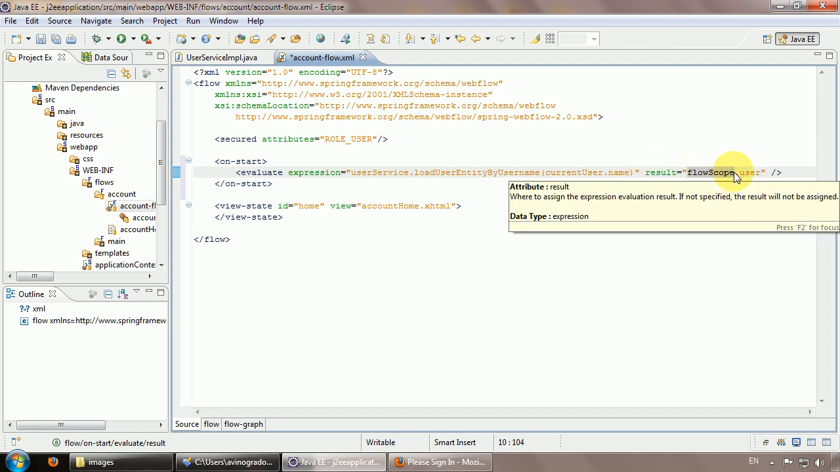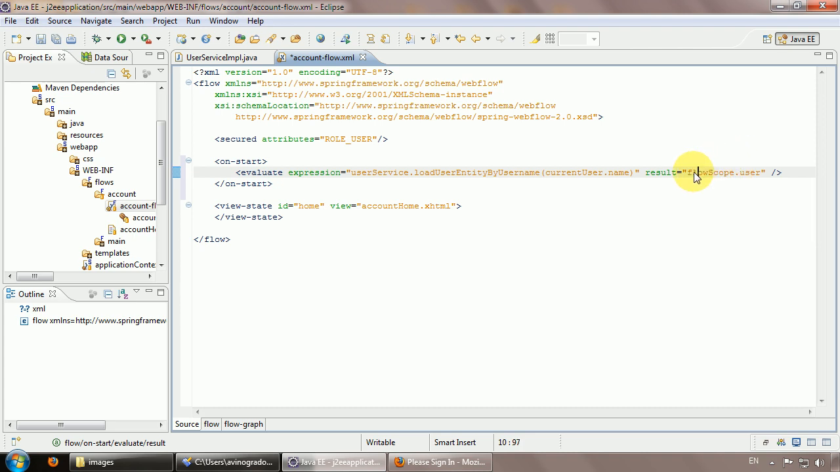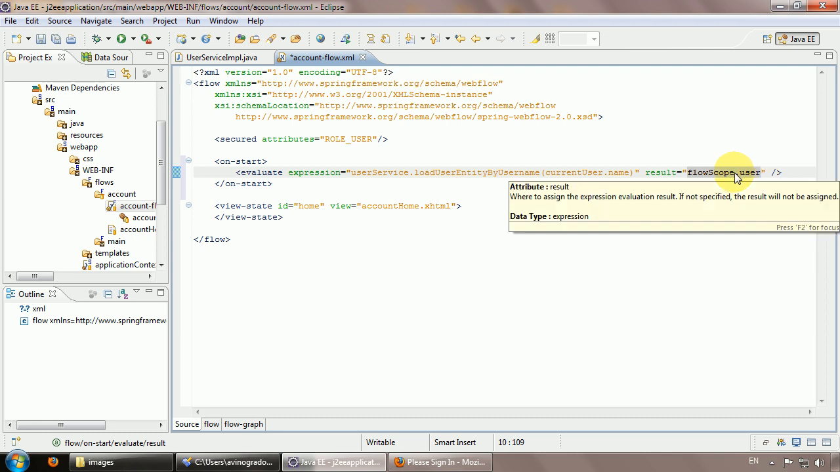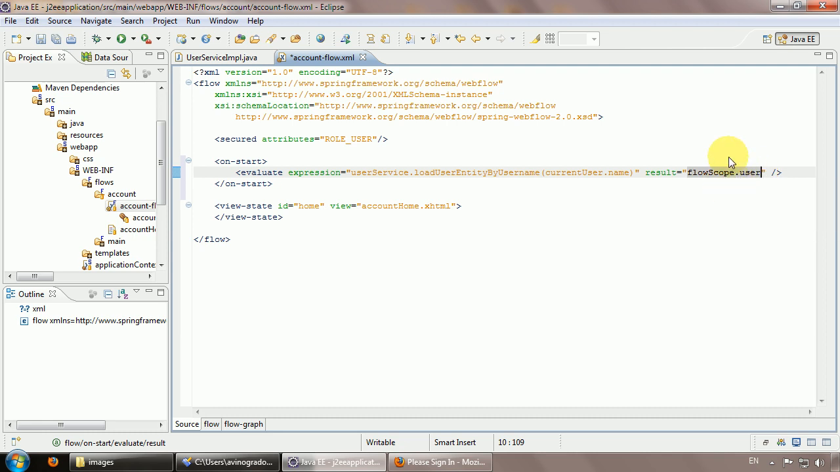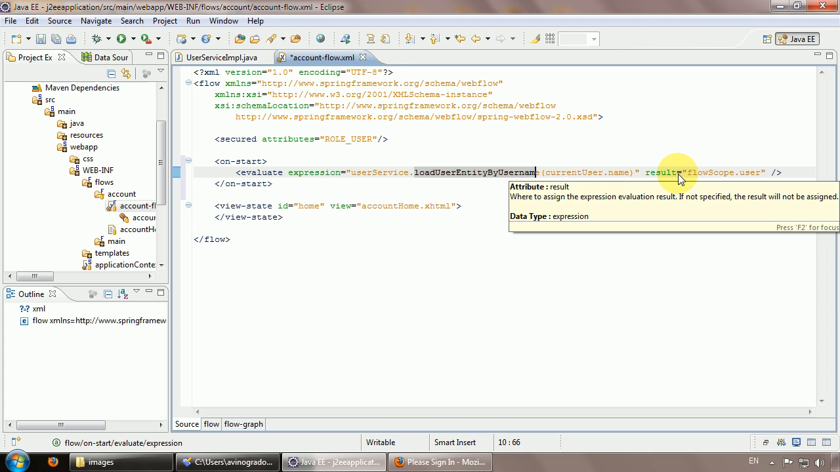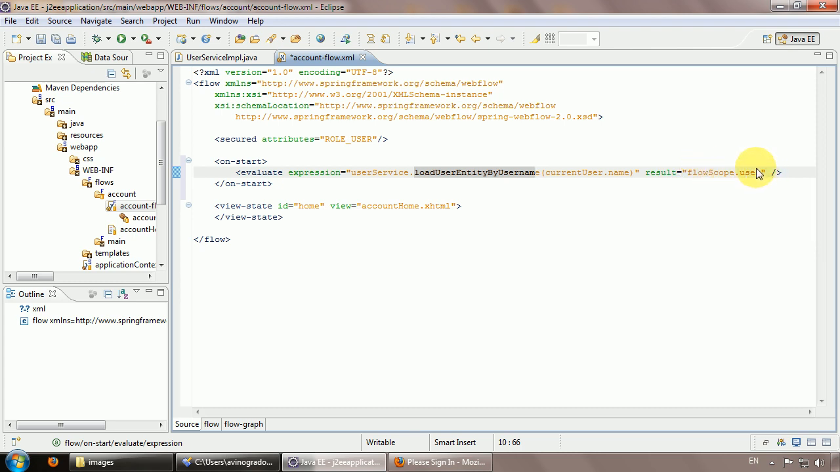And what this means, flow scope, it could be also view scope or request scopes. So there's different scopes in which this variable will be available. In our case, we put this variable into the flow scope, so that means that this variable will be available across all flow until it is destroyed. So we put that object returned by this method into this flow scope user variable, and this is a user entity